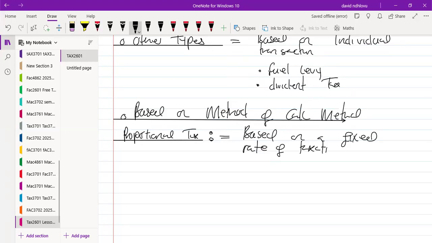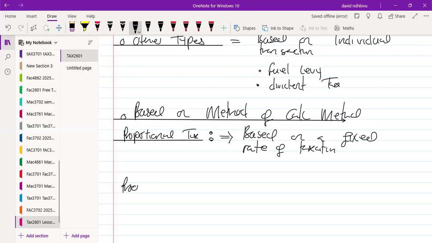So the amount of tax that you pay is not always the same, right? It depends on the value of your tax base. If you've got a bigger amount, because the percentage is the same for everyone, you are going to pay more. Then the one who has got a small amount of money will pay less tax. So it is, in a way, a very fair form of taxation. It's proportional to the tax base and the amount that the tax is going to be based on. So we call that proportional tax.